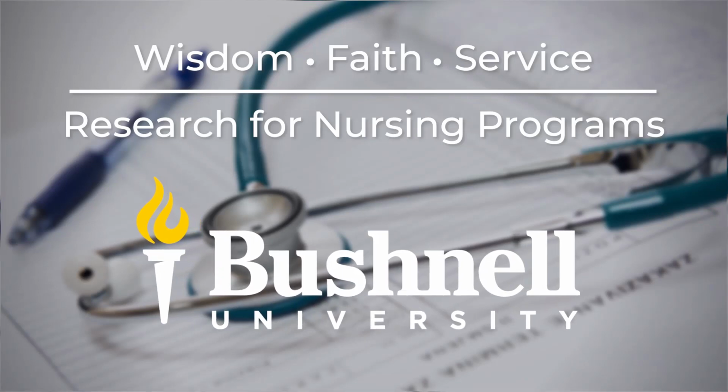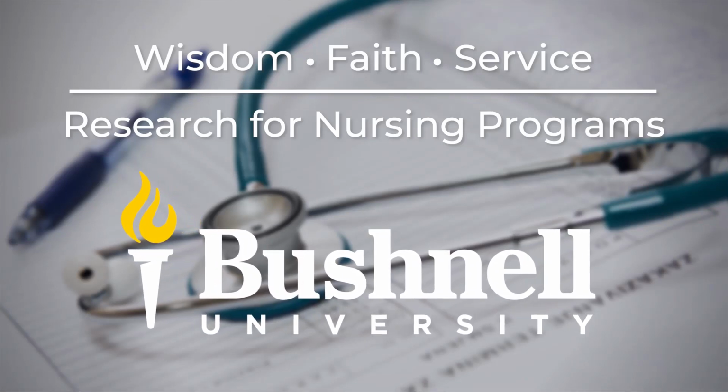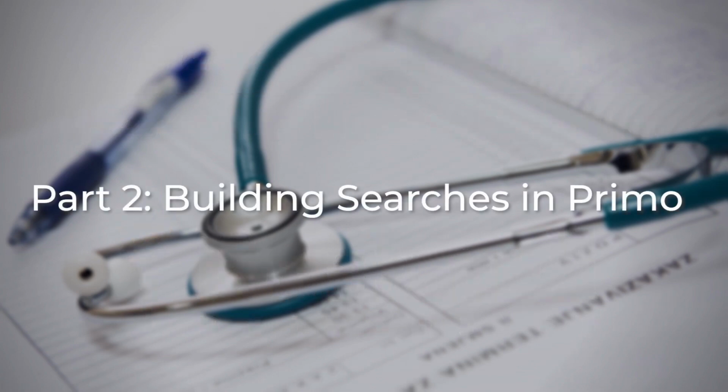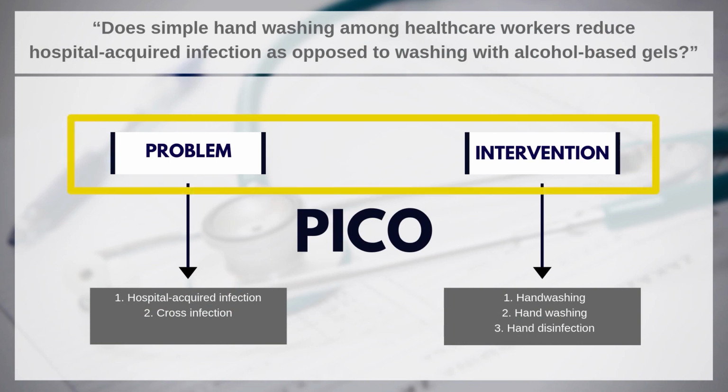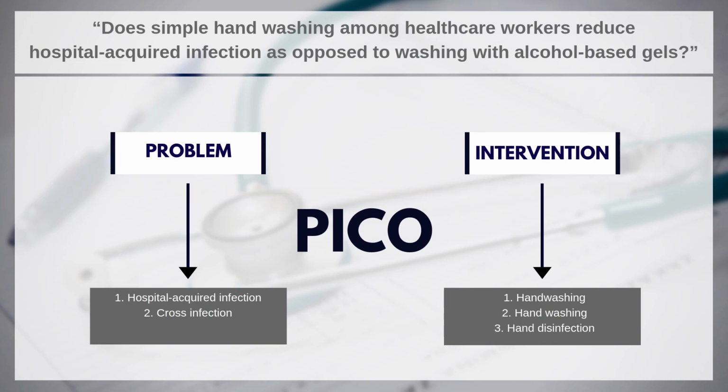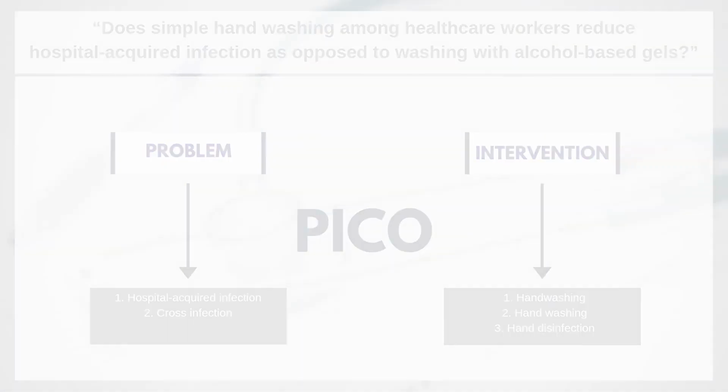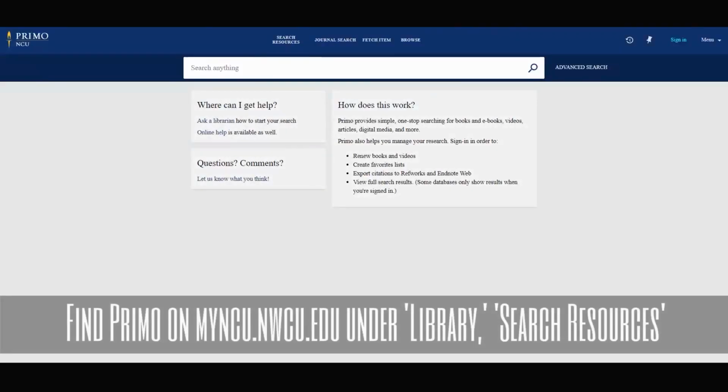In the previous video, we identified a number of possible search terms to use in order to find useful articles. We have a total of 5 terms in 2 sets, each set corresponding to the P, the problem, and the I, the intervention sections of our PICO question. The next step in our process of finding useful articles is to use the Primo search engine to search out